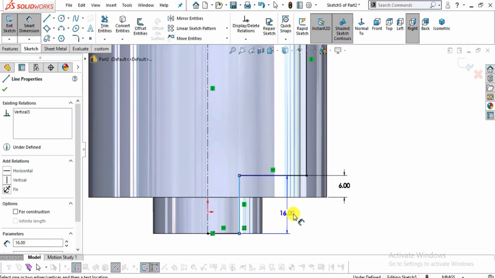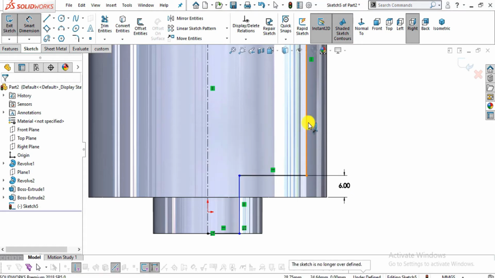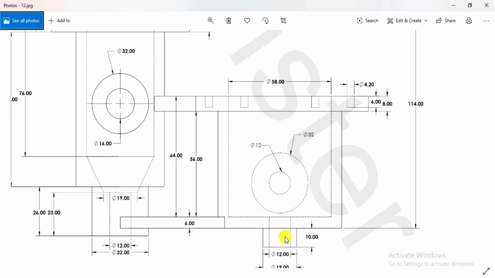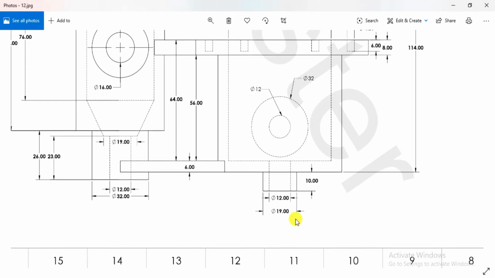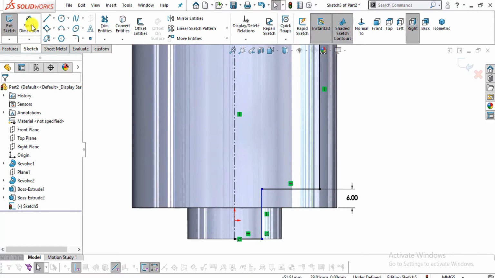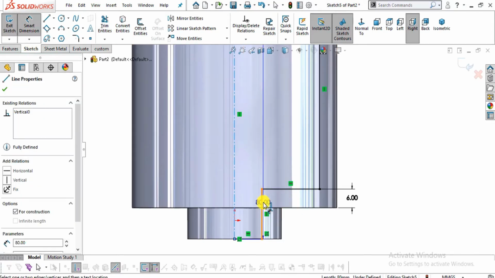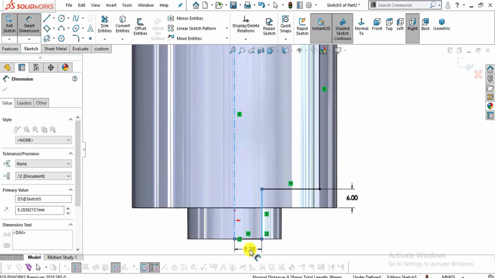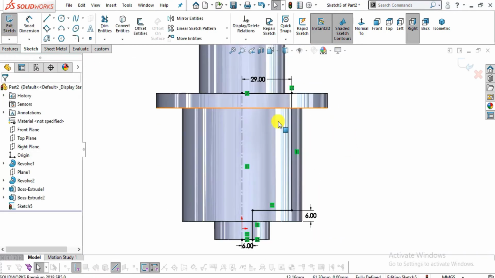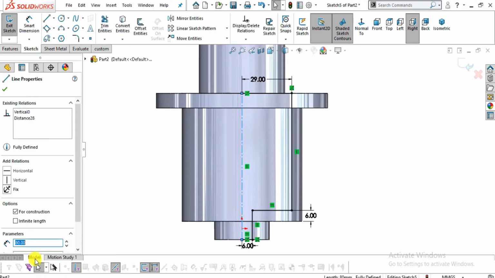So select this side. Sorry, it will be over defined. Now I have to specify one more dimension, which you can see here, 12 mm. Select this center line, select this one. This will be 6 mm, half of 12 mm, like this. Now select this center line and uncheck this for construction.